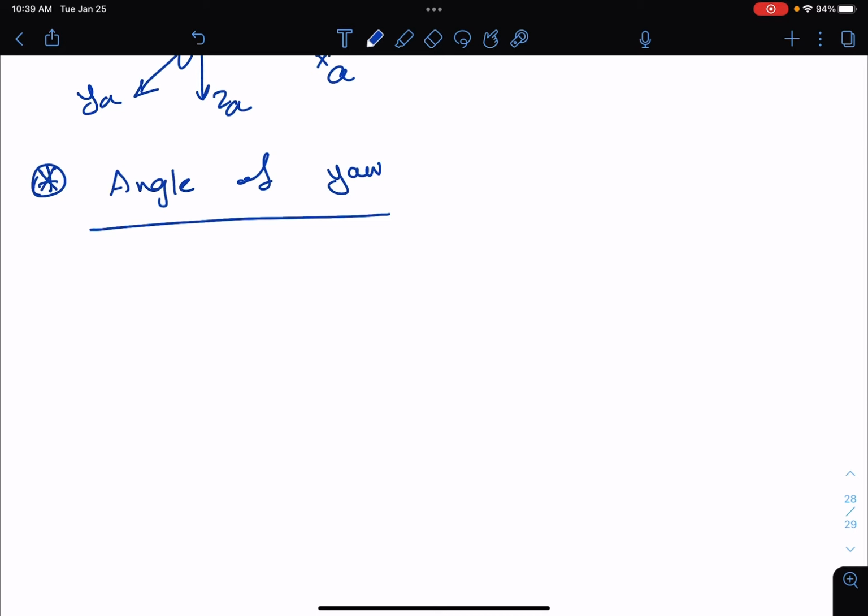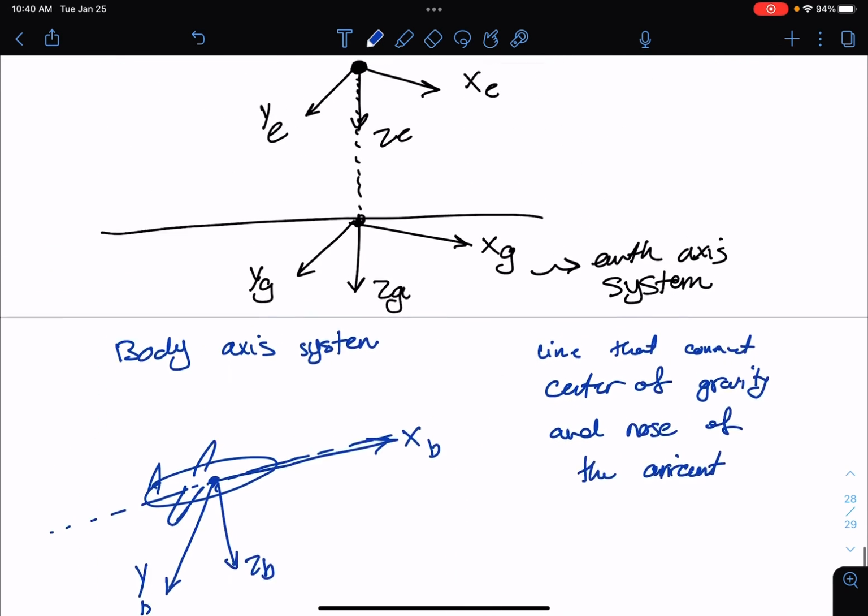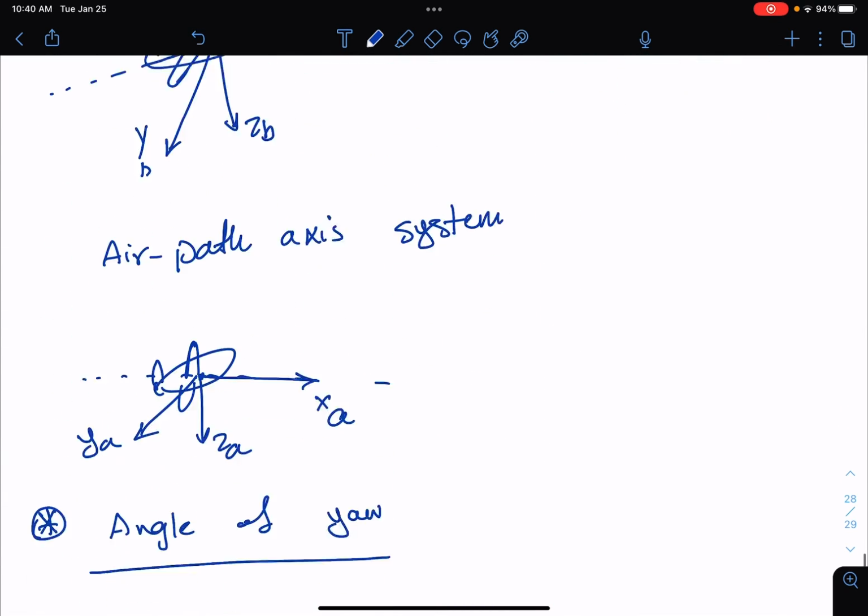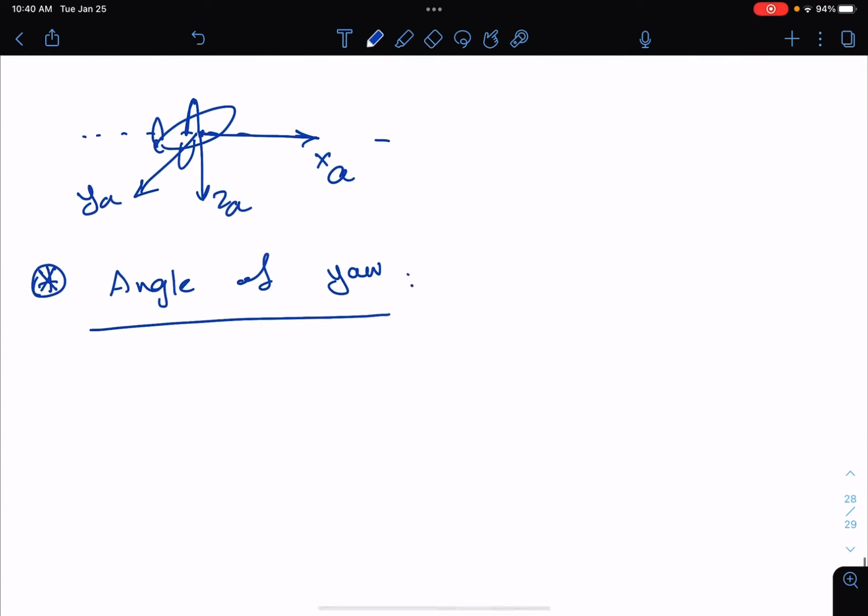Do we know the main movements of aircraft? Roll, pitch, yaw, right? Pitch is going to be upward, moving up, ascent or descent, right? And then we have roll, we have yaw, right? We talked about this in lab 1 a little bit. So based on this, we can define this angle of yaw, and I'm going to write the definitions for you